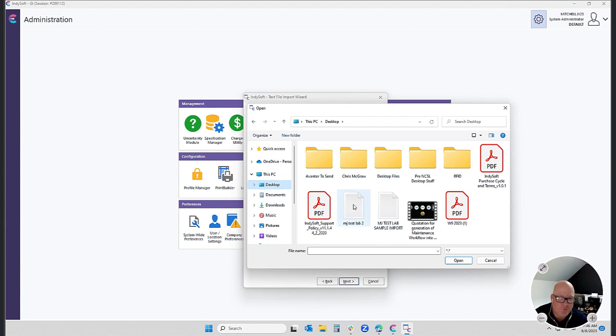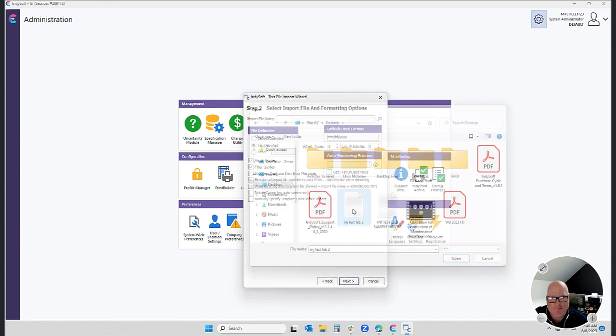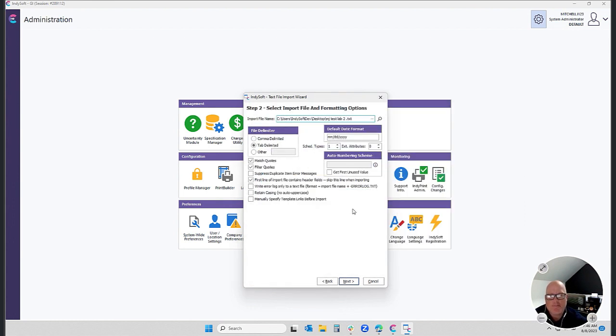In other words, it will kind of reject it because then two systems are trying to actually use the same file at one time. But in my case, here's my MJ Test Lab 2 import. So I've specified the file, specified that it's a text tab delimited. I've got my first line checked for a header. Depending on if you're doing dates and due dates, there's some settings in here for the date structure as well